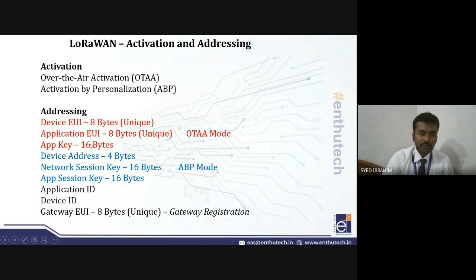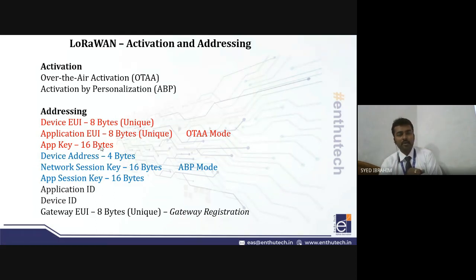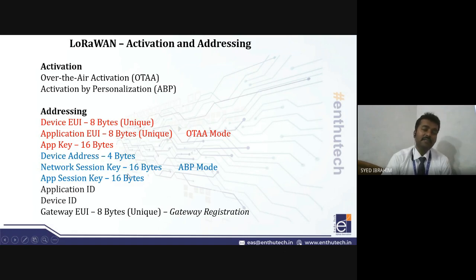So these two will be 8 bytes, and this is going to be 16 bytes of hexadecimal code. The reason why we go for hexadecimal, you know that. And for activation by personalization, there will be three other different keys. Depending upon the activation method that we use, we'll be writing our program